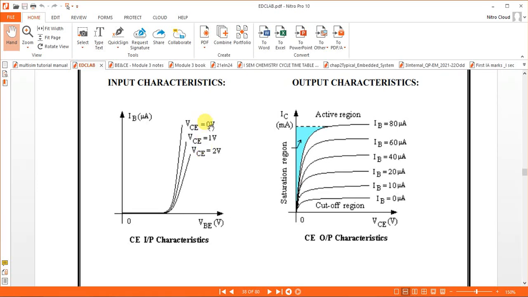First VCE is taken as 0 volts, next 1 volt, next 2 volts, next you can take 3 volts, 4 volts, or 0, 2 volts, 4 volts, 6 volts, like that you can conduct. You should get a graph like this. This will be similar to the VI characteristics of an ordinary diode. It will start conducting only after 0.6 V, which is nothing but the cut-in voltage or knee point of a diode. So approximately at 0.6 the diode will start conducting.